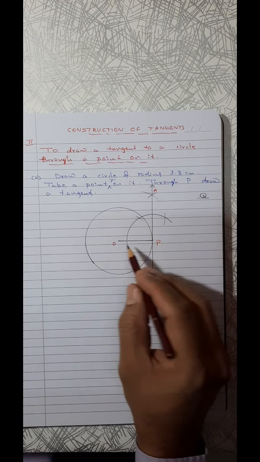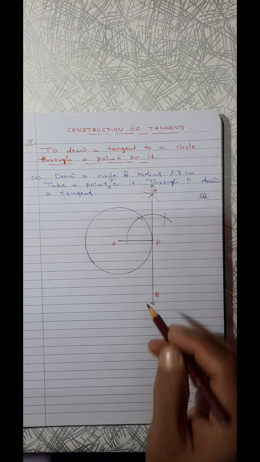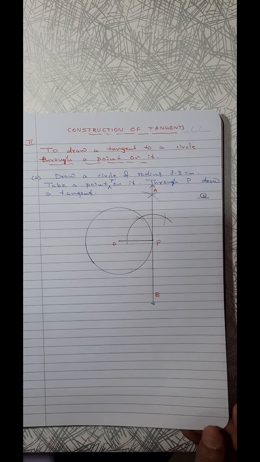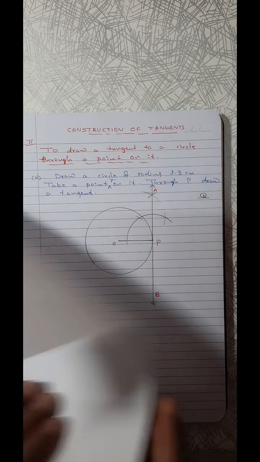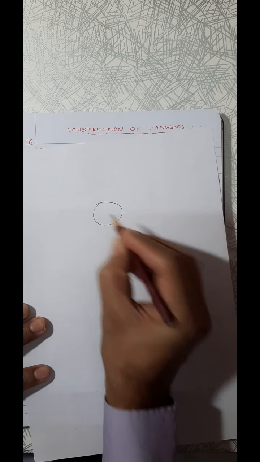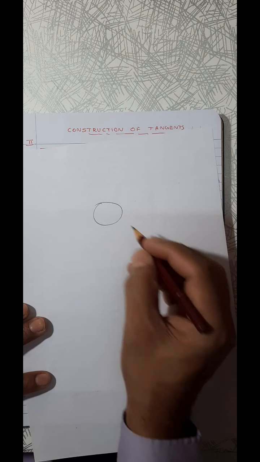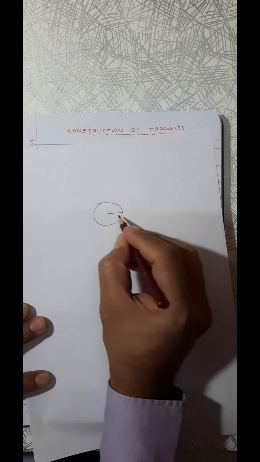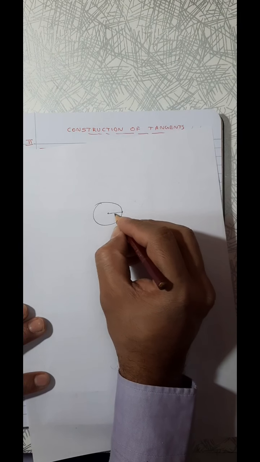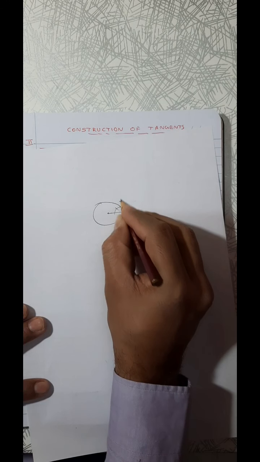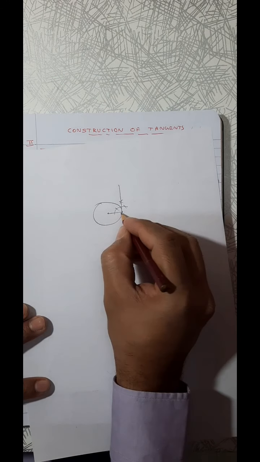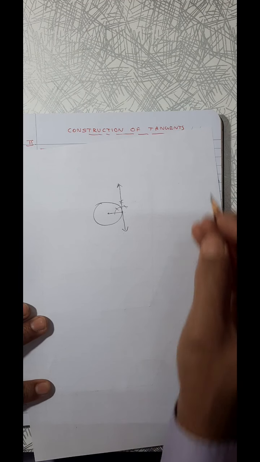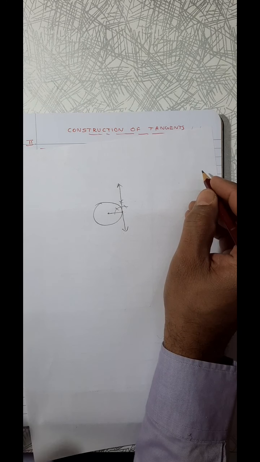First there is a circle, one point is taken, radius and then perpendicular. I hope it is clear. Circle of given radius, take the point P, center is there, point is there, joining it, that means radius is drawn. Now draw perpendicular, 60, 120, that ordinary perpendicular, and produce it in the opposite direction also. That is going to be the tangent, because tangent and radius at the point of contact are perpendicular. That is the theorem.